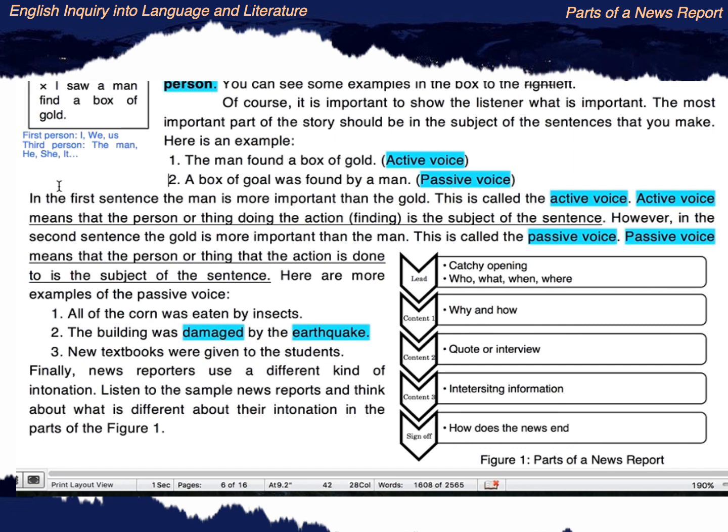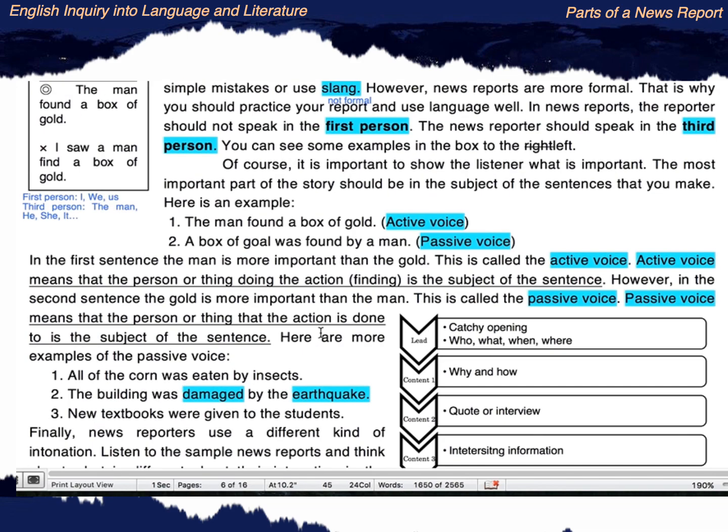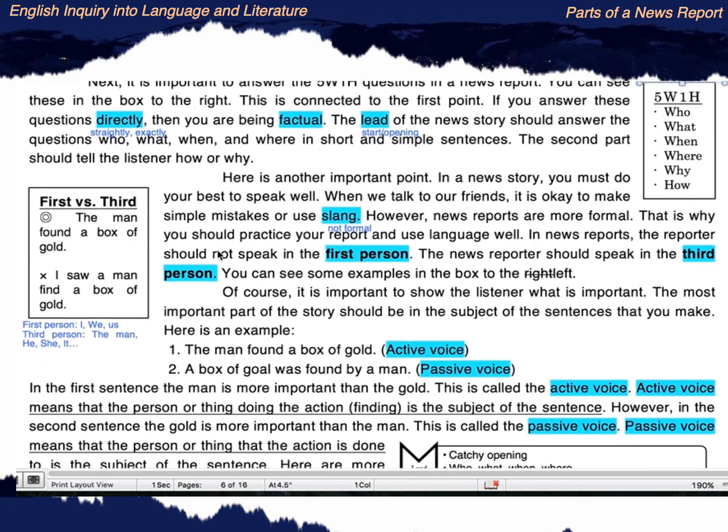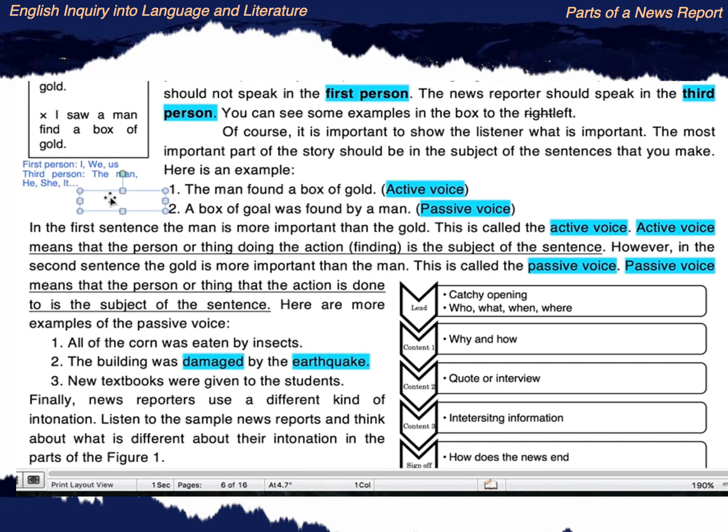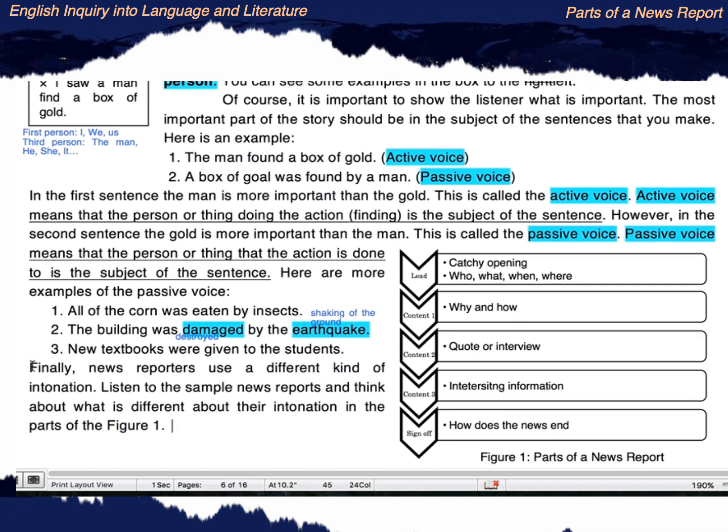Okay. Let's check the word damage. Okay, let's check it. Okay, damage means another word for damage, similar word is destroyed. Okay? And earthquake. What is earthquake? In easy words, earthquake means shaking of the ground. Yes, when the ground is shaking, that means there's an earthquake. Okay? Finally,